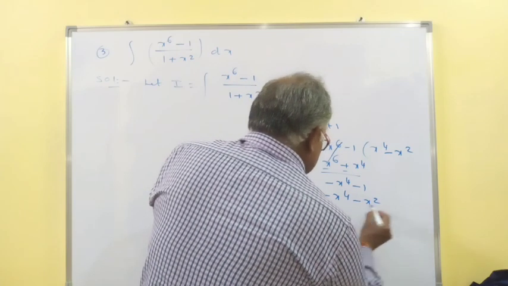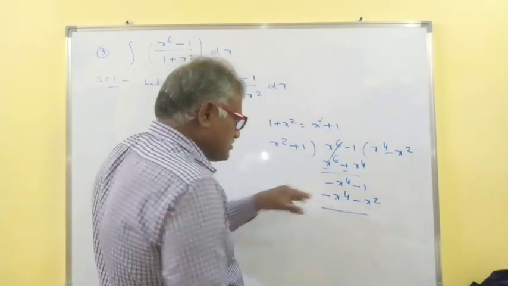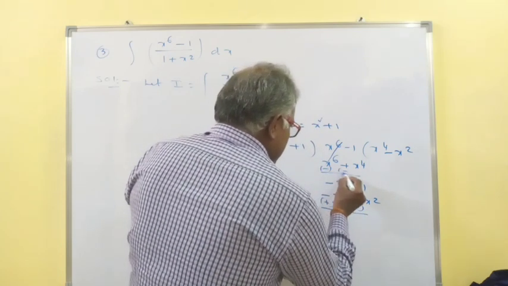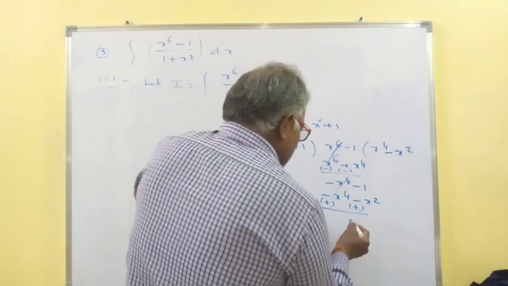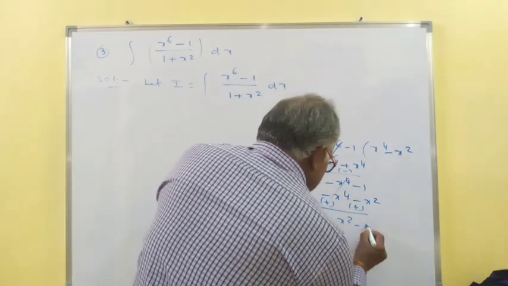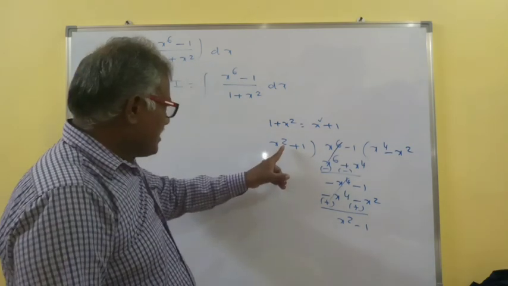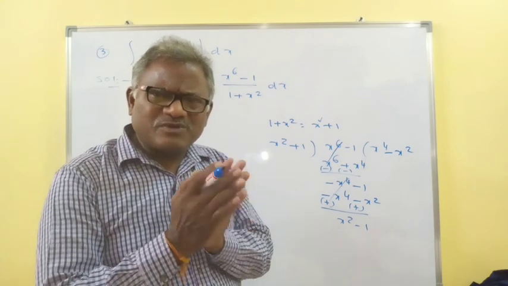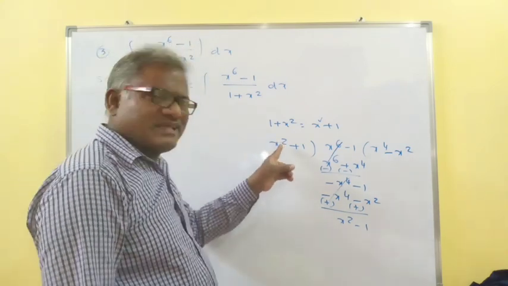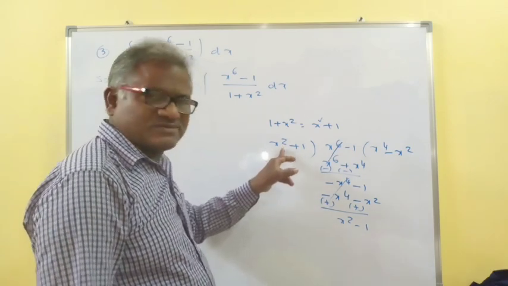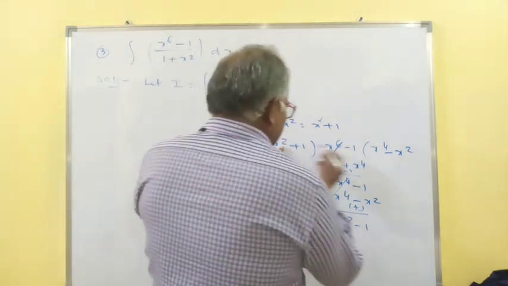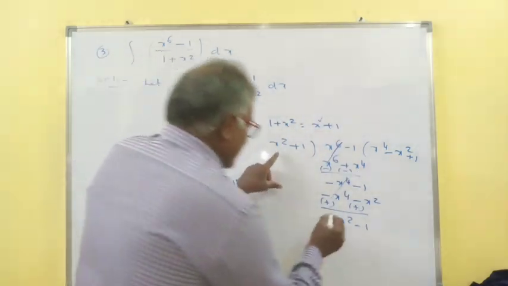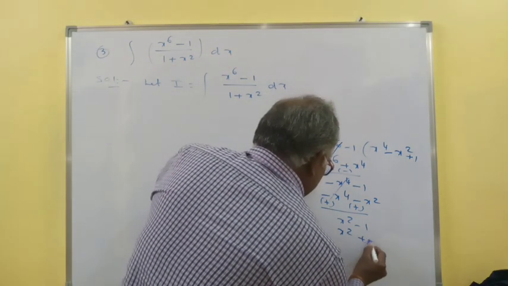Here also minus x square. Now to cancel these two terms, just you have to subtract. So change the signs. That's all. Just you should change the signs. So plus x power 4 minus x power 4 get cancelled. Here finally x square minus 1. You see? So when we have to complete this one, when we have to stop this process, the degree should be less than this one. Here degree is 2, here also 2. So again one more step. To obtain x square, what? Simply you have to multiply with 1. So 1 into x square plus 1. Okay.